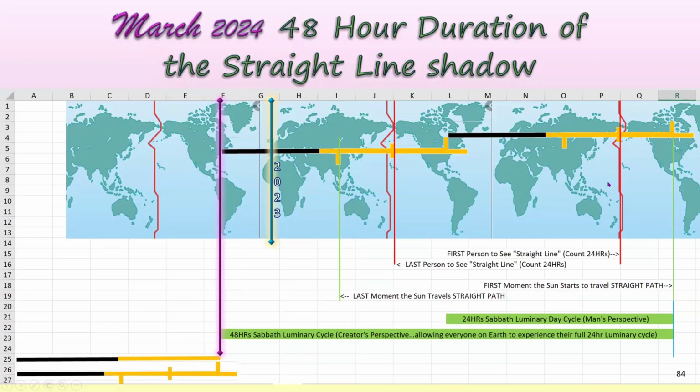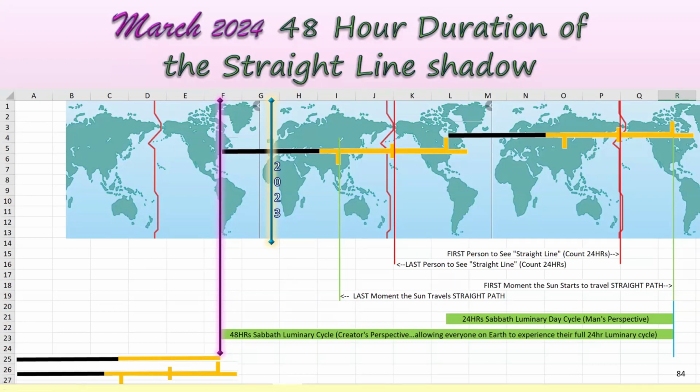But if indeed our line is wrong, we've projected incorrectly, and it splits Australia, then we're going to have the same scenario where New Zealand and Australia, if it splits Australia and starts here, are going to be on the next date. They have to wait all that time until the sun comes back to being a dawn morning for them on the next date. That's the best way I can explain it. But anyway,